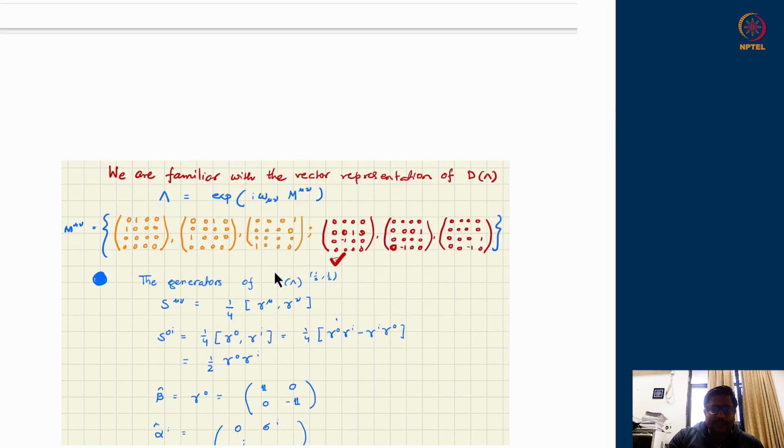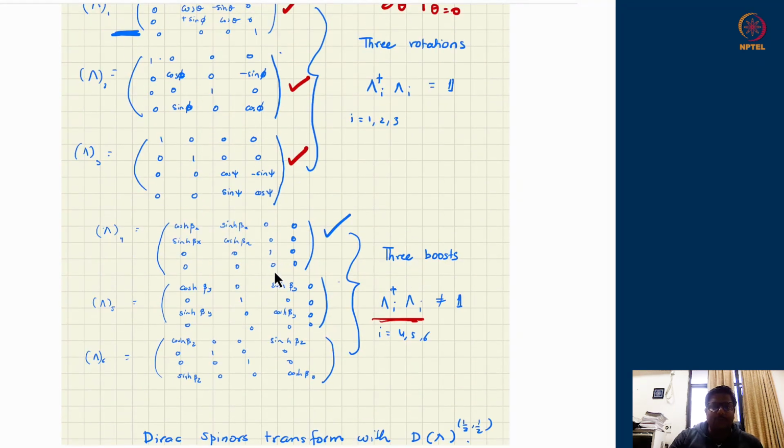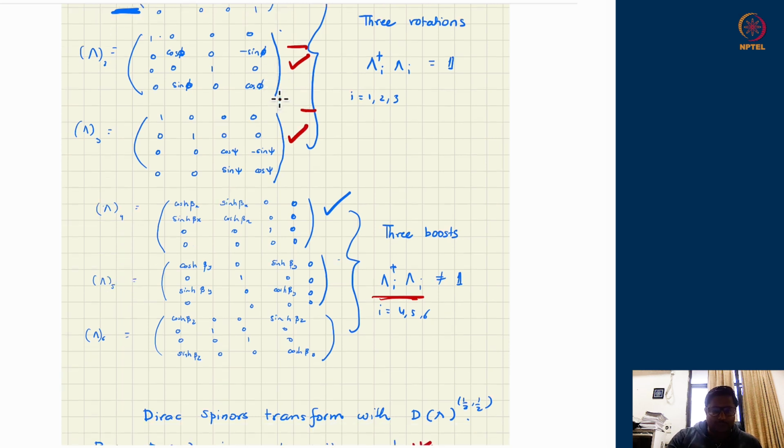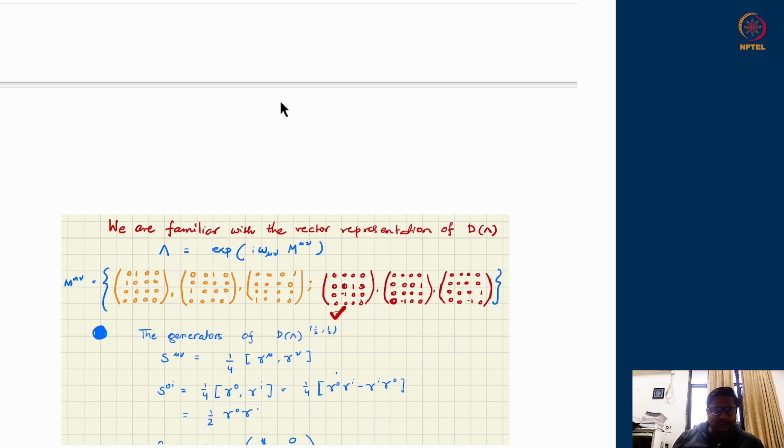x-axis. Similarly, if I do the rotation about the y-axis or the z-axis, take the corresponding transformation matrix, take the derivative with respect to the parameter and put the parameter to 0, I am supposed to generate these remaining two generators of the rotations. These are the three generators of rotation matrices acting on vectors. These are the vector representation generators.